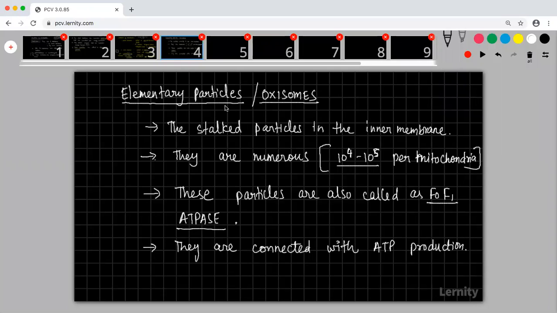It is called as F0, F1, F with the subscript 0, F with the subscript 1. These elementary particles are also called as what? F0, F1 ATPase. You see here,